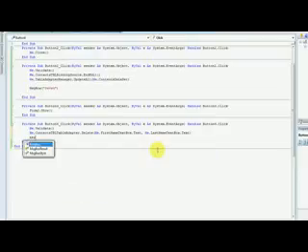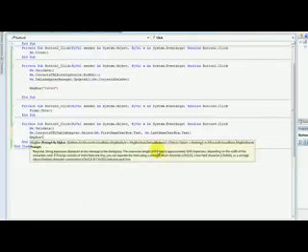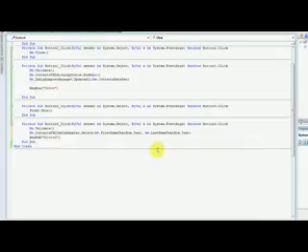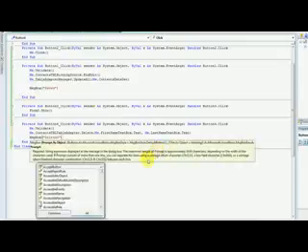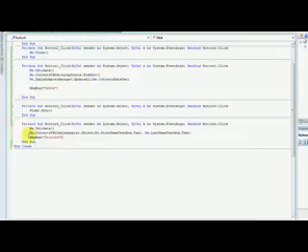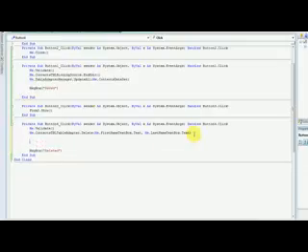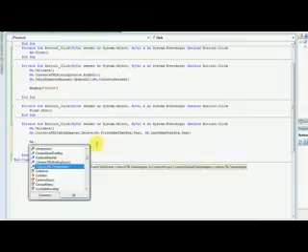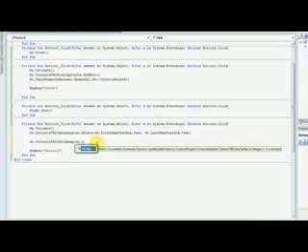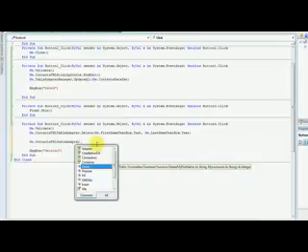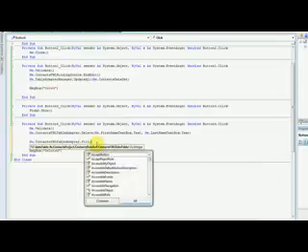Then we're going to say MsgBox deleted. Obviously we need to update the dataset again, so we'll go me dot table adapter dot fill